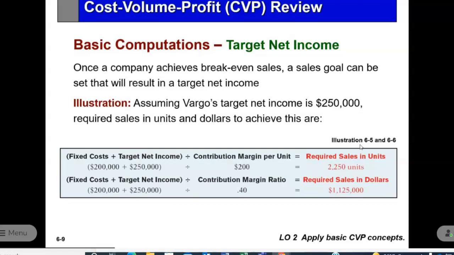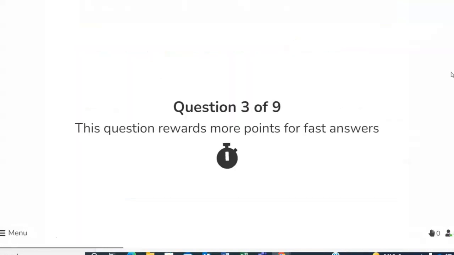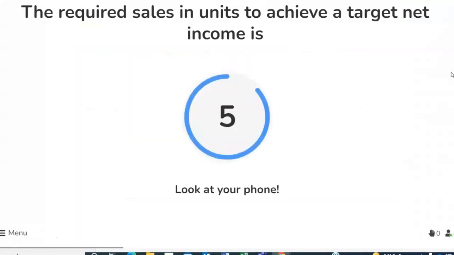And when you get that, this is what you're looking at. You're looking at required sales in units, 2,250. And in dollars, it's 1,125,000. So at that level of sales, I will not only cover my fixed, I will earn a profit of 250. So that's how we use it, target net income. Required sales in units to achieve a target net income is